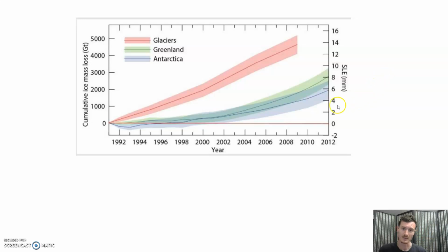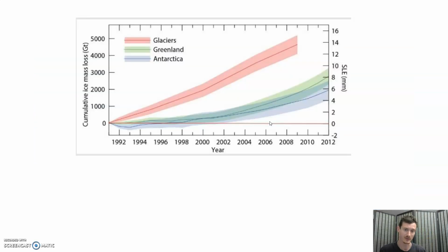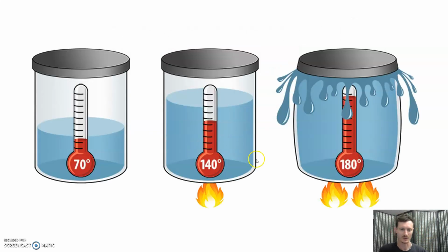A lot of it in Antarctica is coming from West Antarctica. The eastern part of it is mostly okay. There's a ton of ice loss in Greenland, a ton of ice loss in the Canadian Arctic, and a ton of ice loss in the Andes and in the Himalayas and other big mountain ranges, which do have glaciers owing to their elevation. As a result of all of this ice melting and